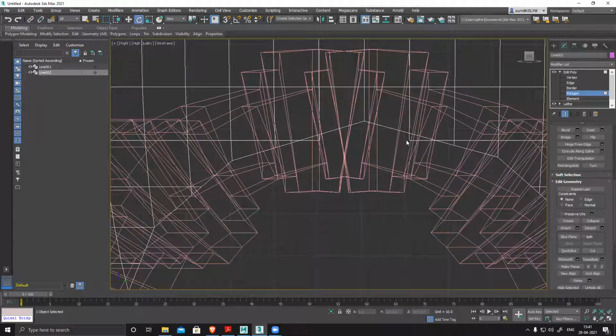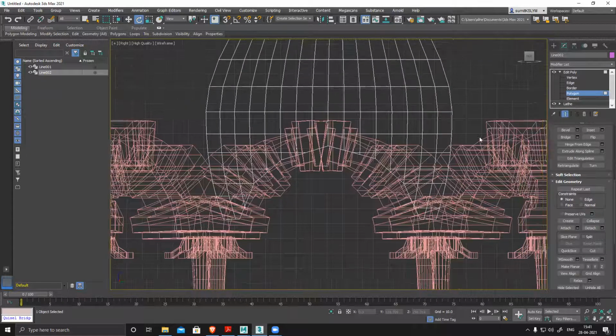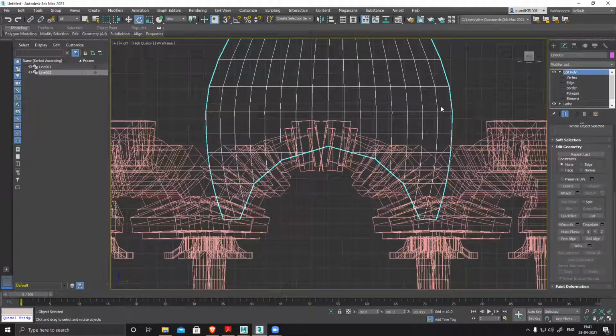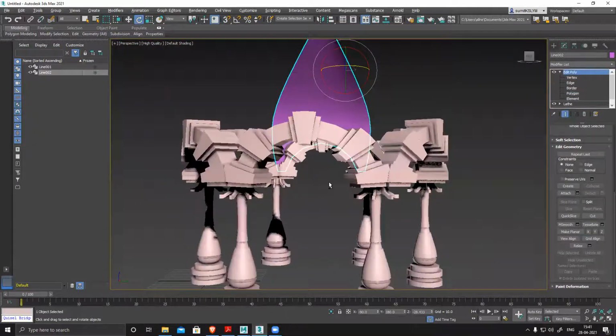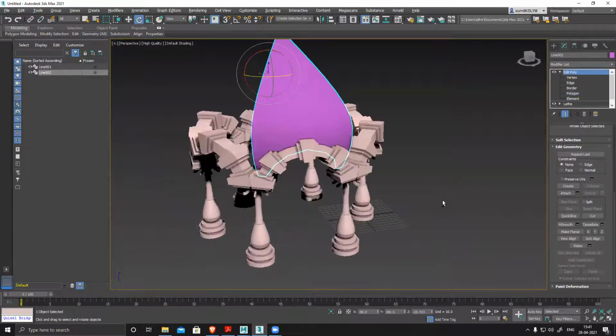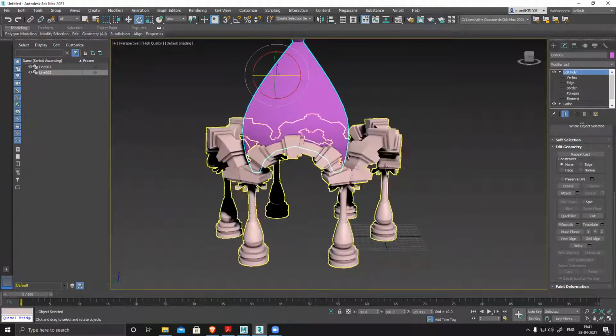Delete it. Okay, let's make two small sections. Now you can see it's clean.